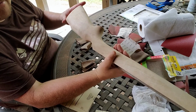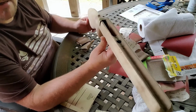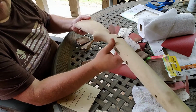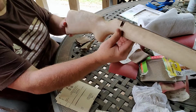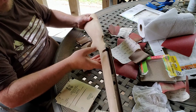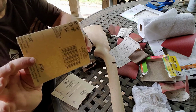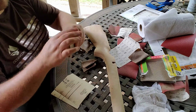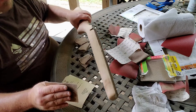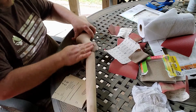Okay, after I sanded it down, and yeah, it took some elbow grease, and I wanted to do a sand job. I didn't want to use the paint remover and stuff like that. I got it looking really good right now, as you can see. And now I'm going to take some 80 grit sandpaper. I'm just going to fold it up as so, and then I'm just going to work the whole gun and give it a good rub down